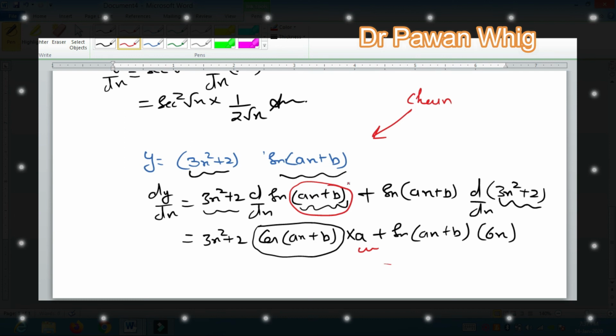Let us suppose the same question is asked in differentiation, this time like this: 3x square plus 2 divided by sin of ax plus b. So you need not be worried. This time you have to apply the division rule, or quotient rule, but you have to be very careful while differentiating this part, because the differentiation of this part is cos of ax plus b multiplied by the differentiation of this theta. We'll cover more on the chain rule in the next class.